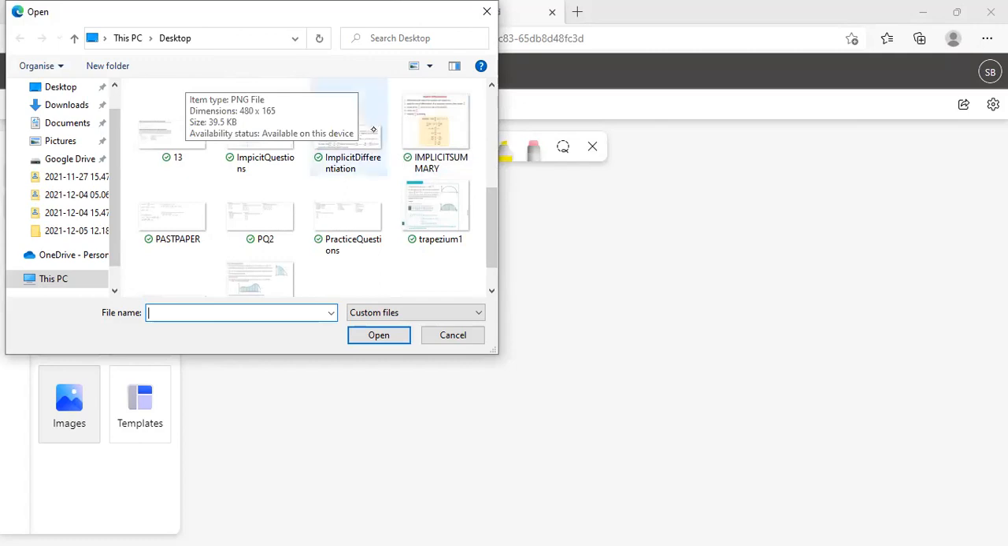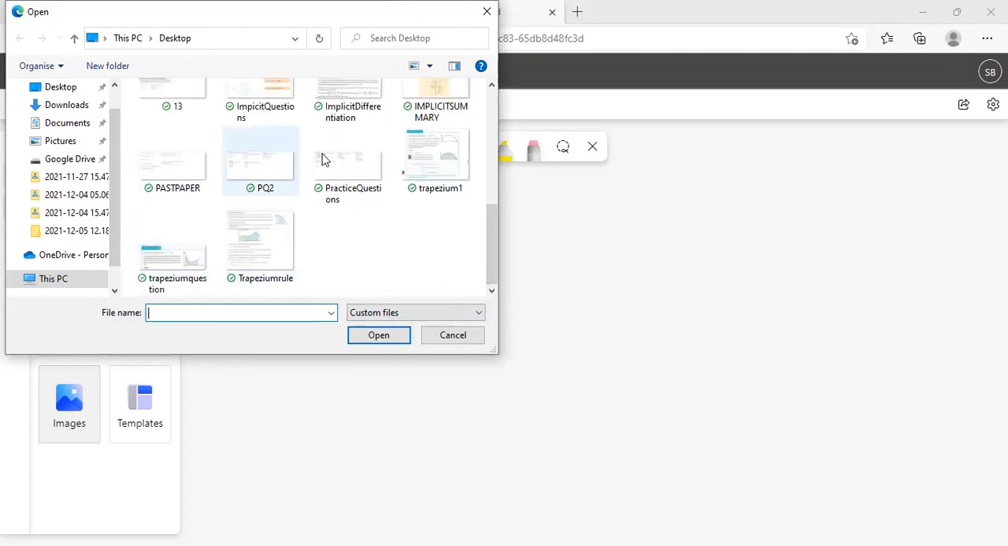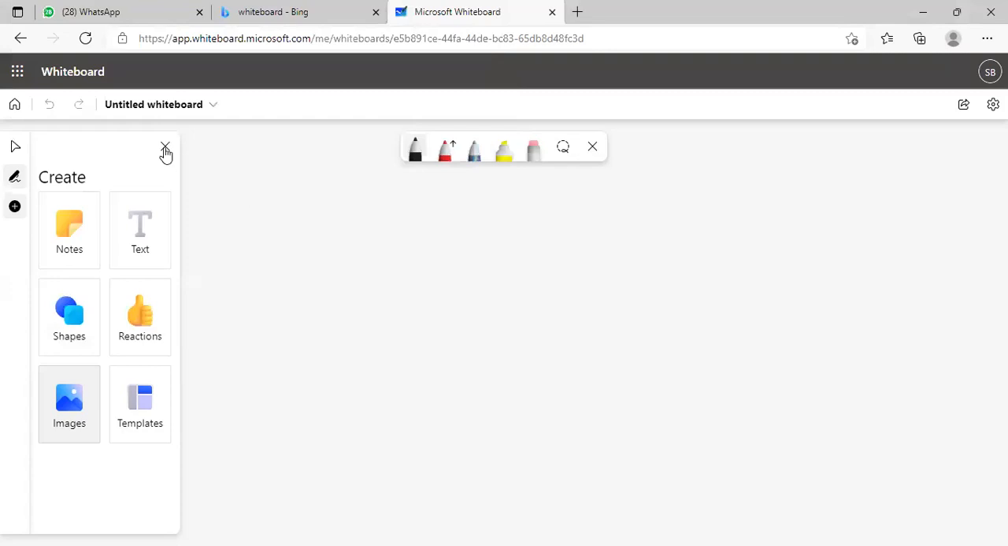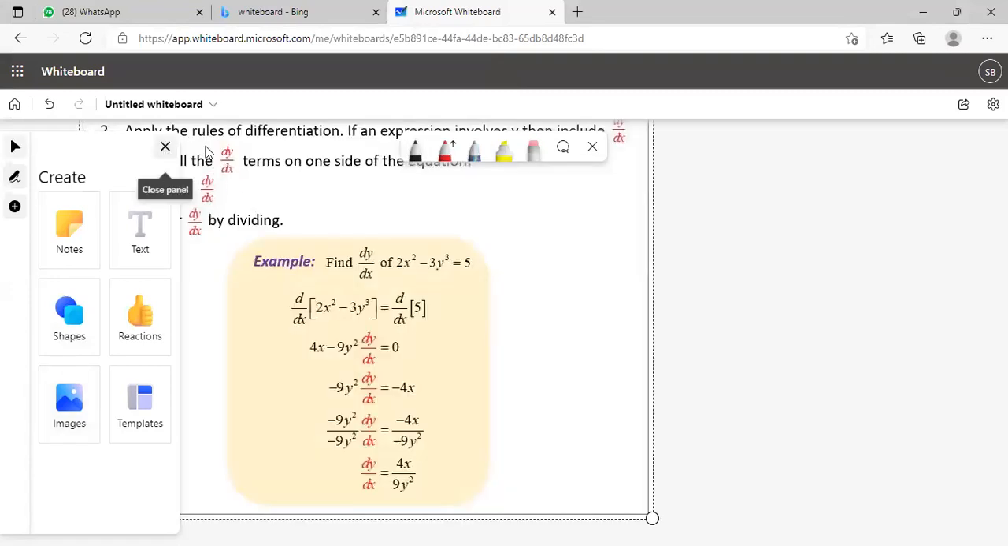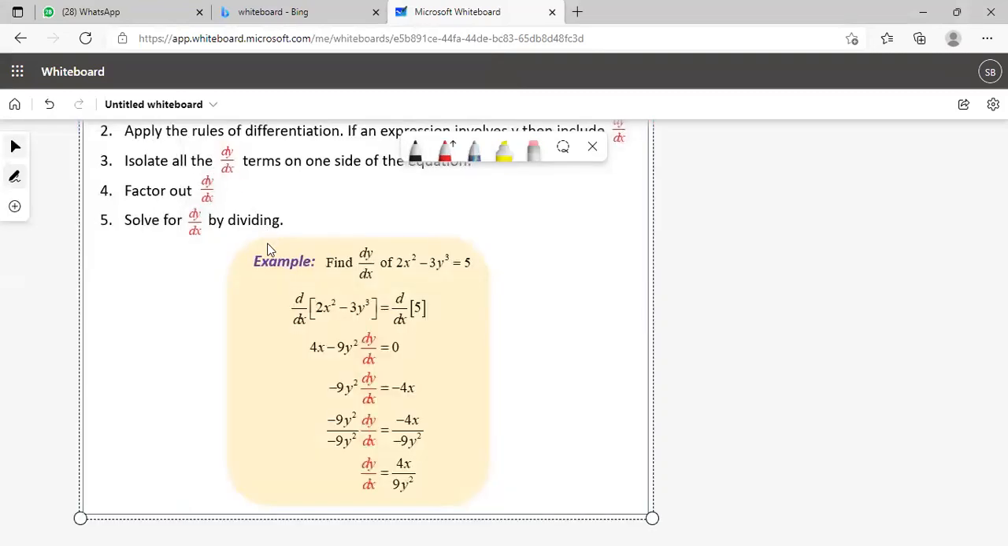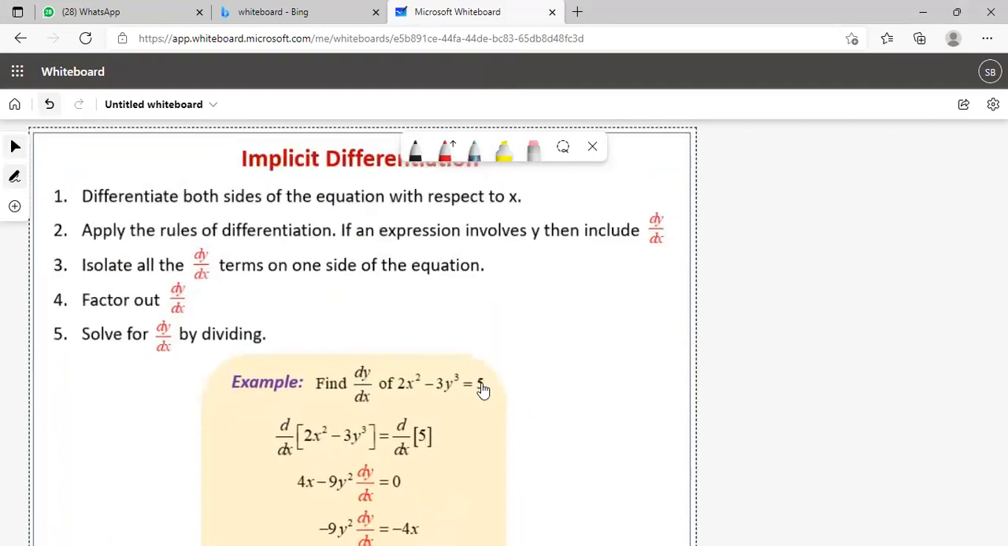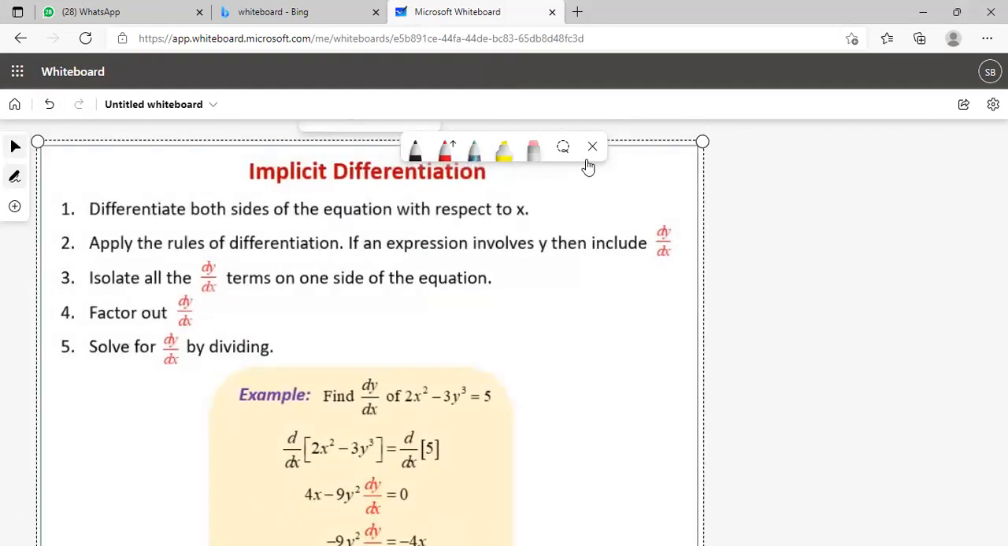Okay, that's the question. Yeah, here it is. Implicit summary. Okay. Is it readable? Just read the first five